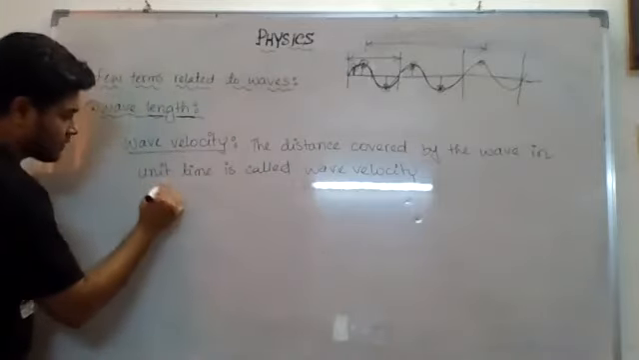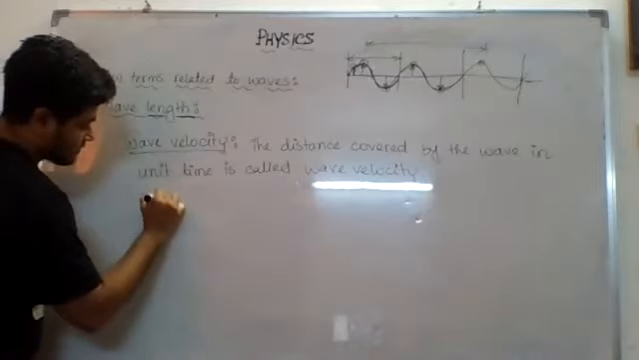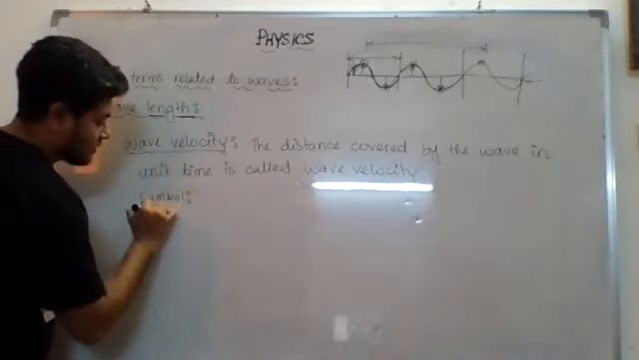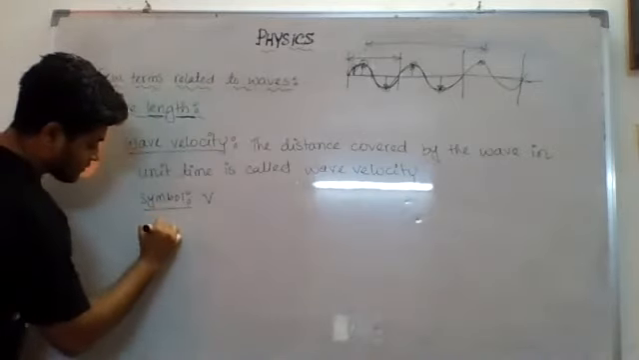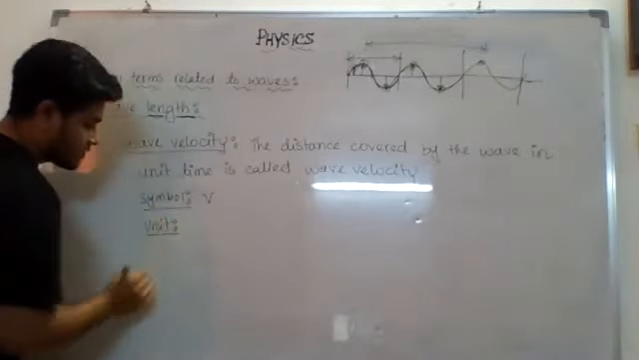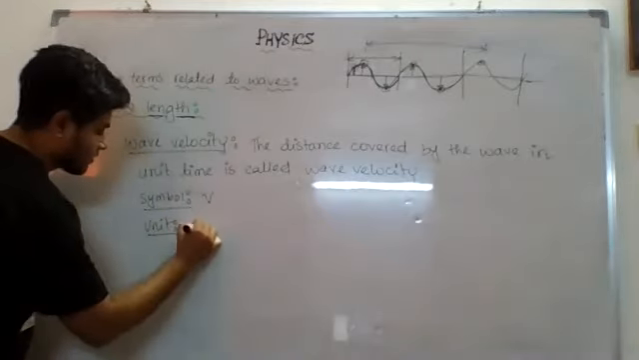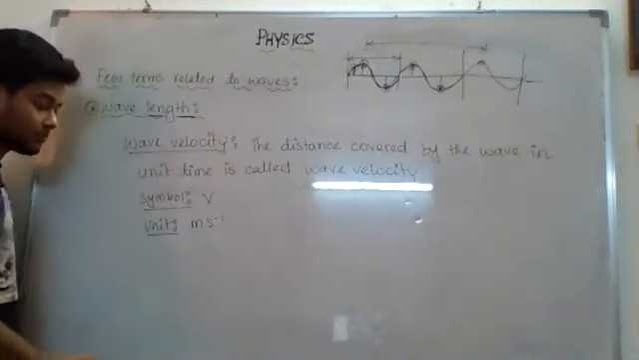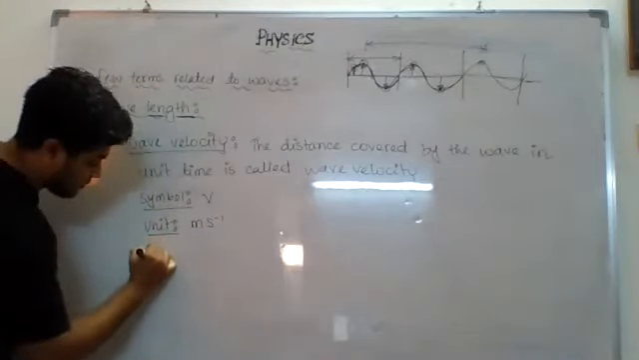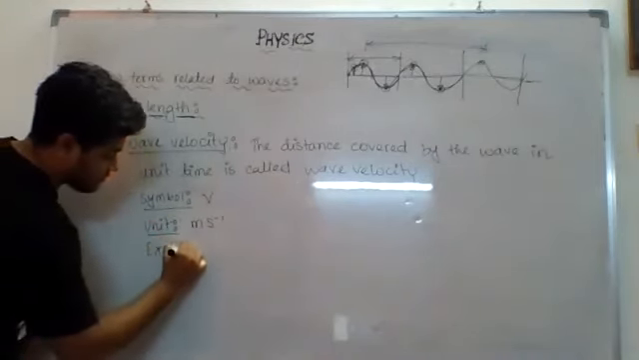The symbol we express it with is v, velocity. And what will be the unit? What is the unit of velocity? For general purpose we will take meter per second. Then if I give the explanation,